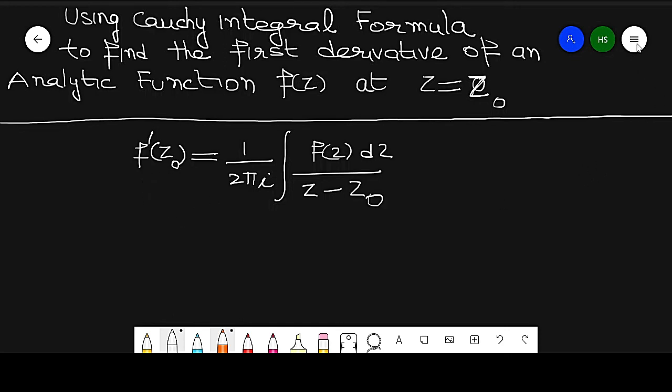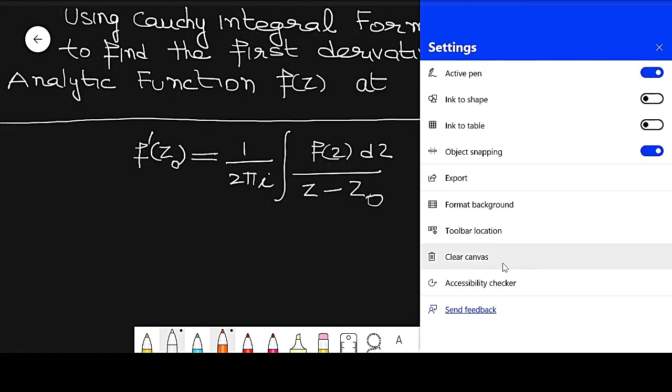Now, the proof of this theorem. In order to prove this result, first by the Cauchy integral formula. So first understand the Cauchy integral formula. What is the Cauchy integral formula? The statement is